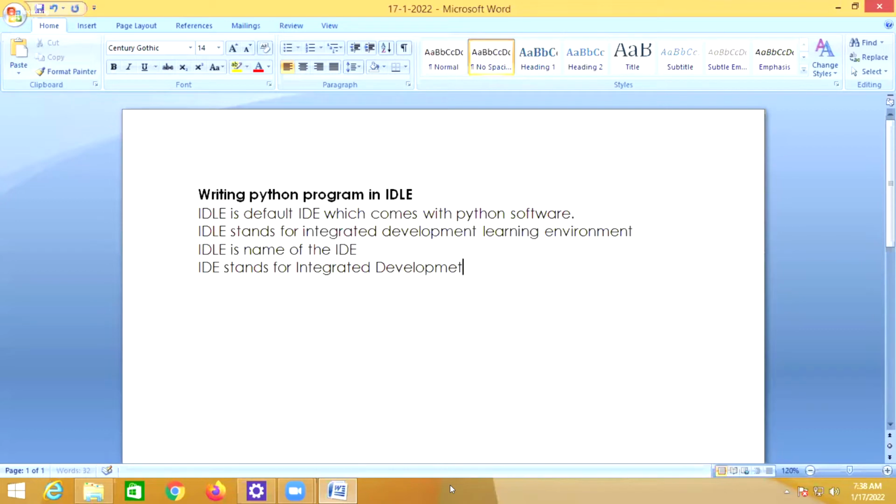IDLE is the name of the IDE here. IDEs are called code editors.